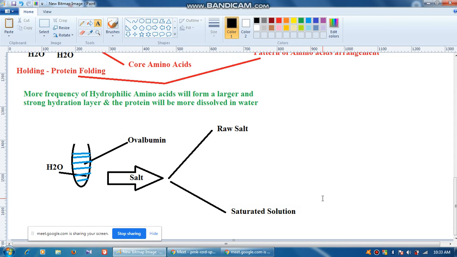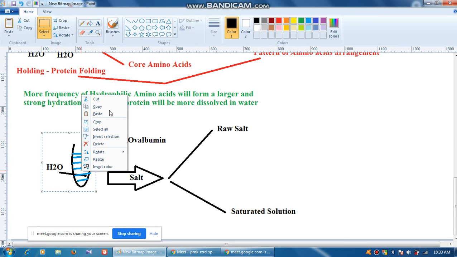So we are adding two things. We are adding raw salt directly in the solution, and in one more condition we are adding a saturated solution. Now for a saturated solution, you know, we add salt until the salt remains as precipitate. Whatever solution is there, that is a saturated solution. You should be very careful to understand. Now there will be two consequences. I am taking the same test tube.